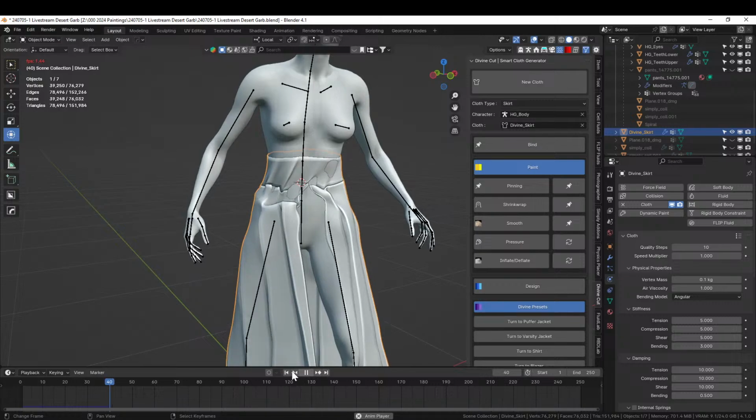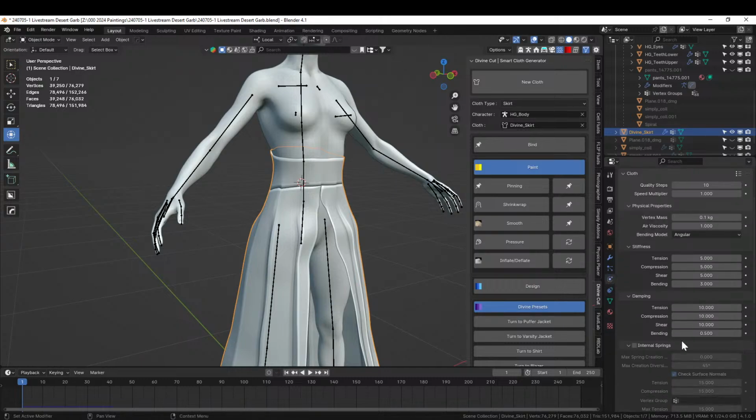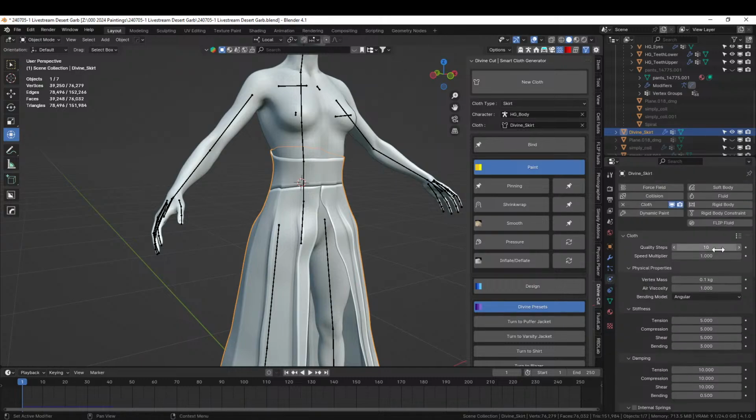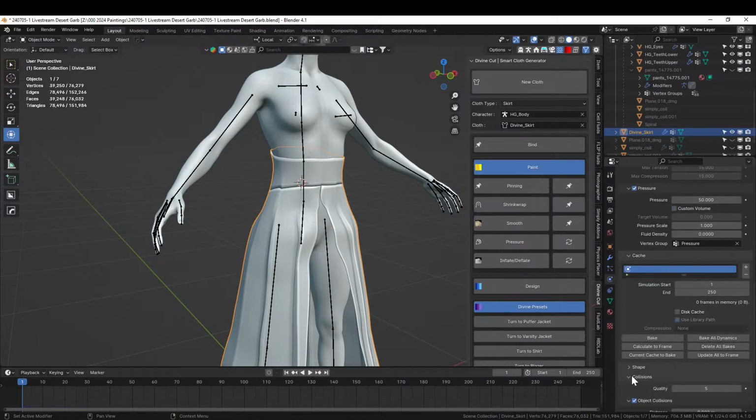That's definitely better. Let's see if we can't up the cloth. Quality steps 15. And collision. Oh, it's only 5. Let's go to 15. That'll help us a lot. We'll slow it down a little bit, but